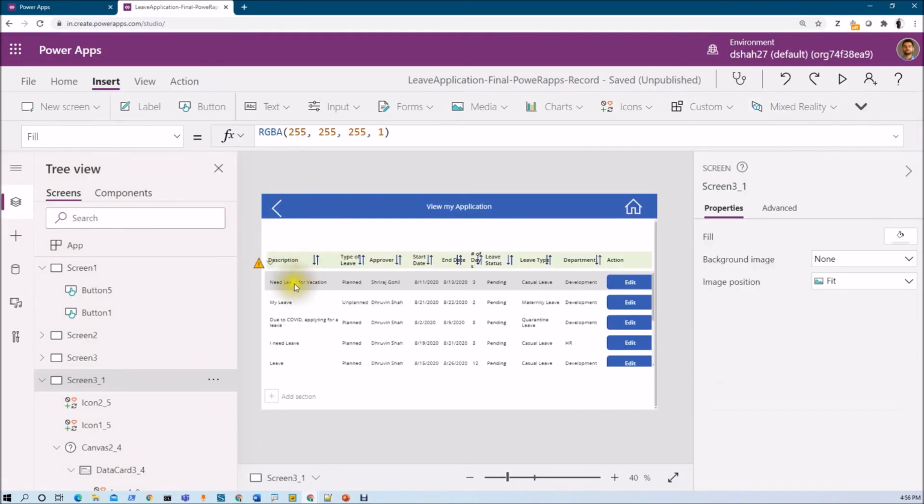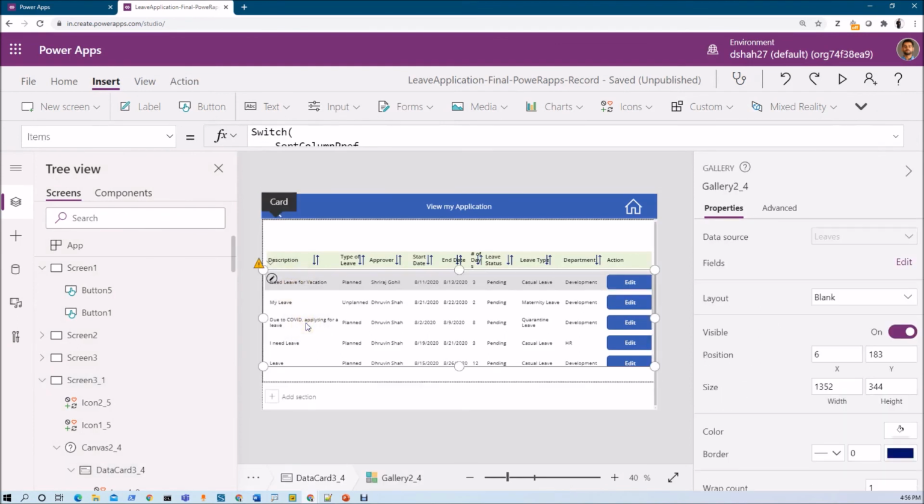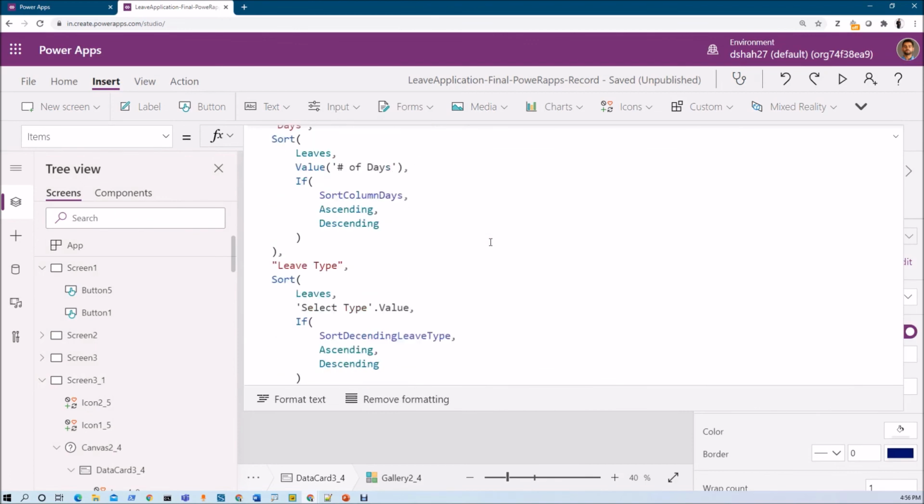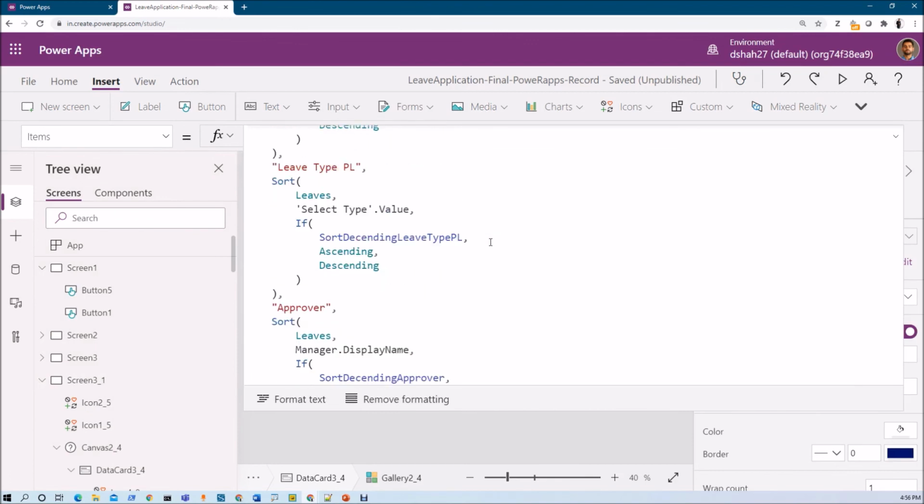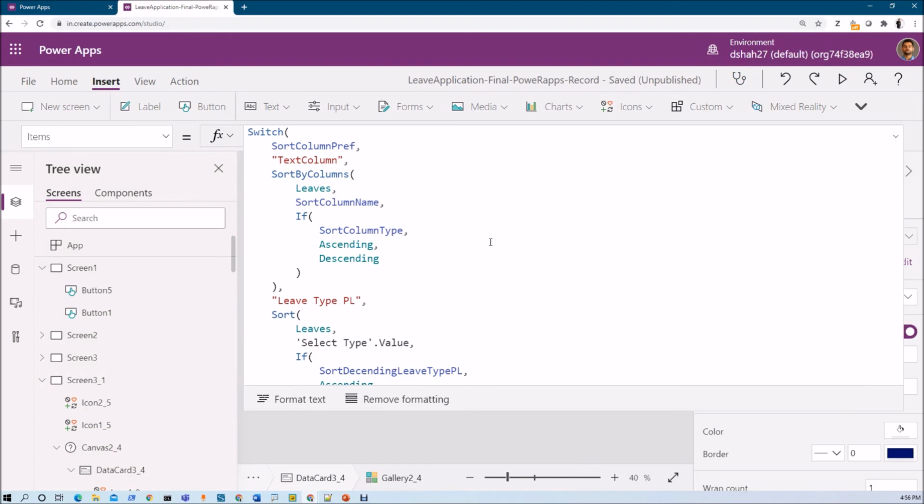Now you can see how the code looks lengthy, right? My code is looking like this large code, but the logic is very simple and very straightforward, and this is how you can apply sort even for your people picker column or a lookup column, or even the number column or date picker column, or every type of column you can apply this type of sort. Now in my next session we are going to combine our sort function and search function together, so it will work as a perfect demo, right?